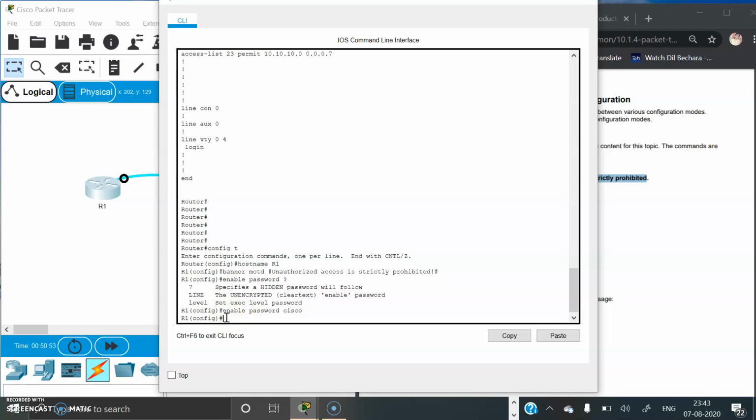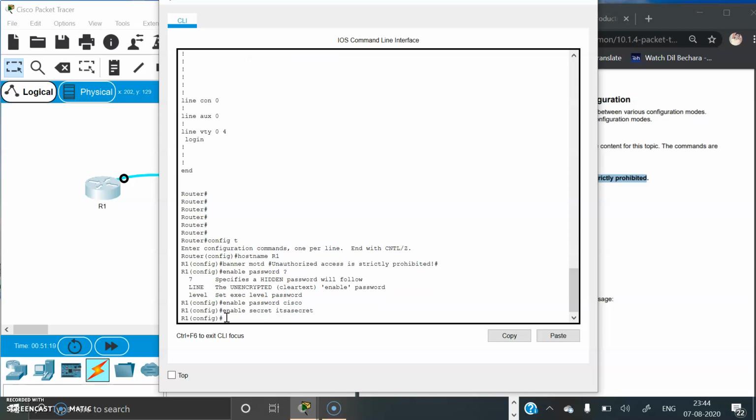Now I am assigning the encrypted privileged EXEC password. For that we are using enable secret. We know all these commands, but at last there is a small change. I will tell that at last only. The password is